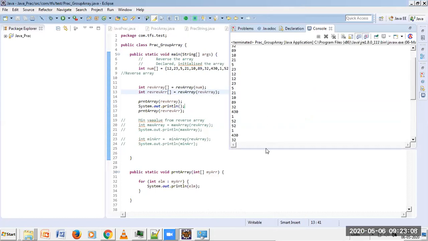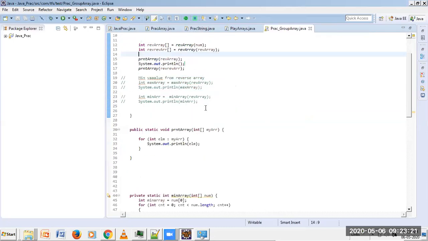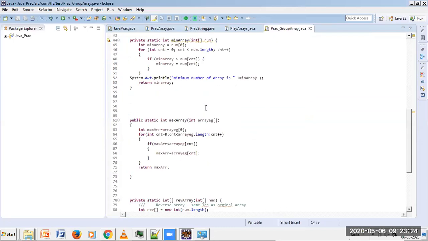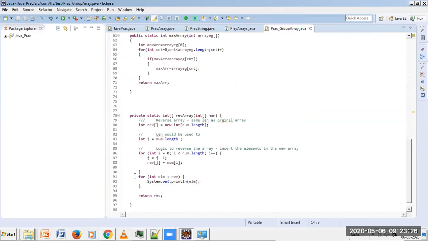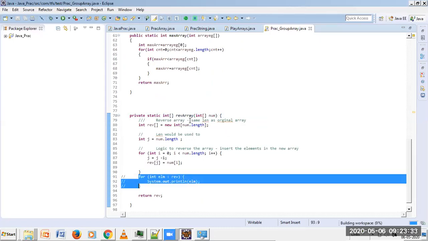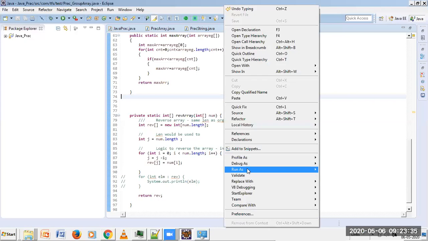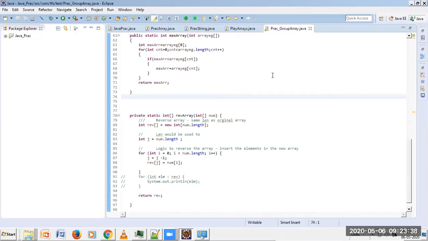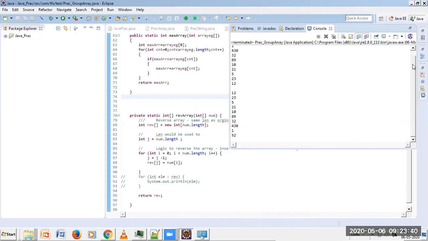As you can see, both the arrays over here, this starts with 51. One second. Somewhere in between, I put a sysout. Oh, this sysout is not required. Let me comment this, because I had to print this array only two times. Yeah, this is what I need, as you can see.